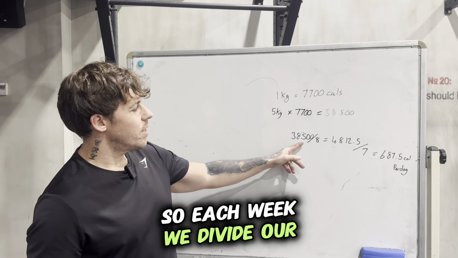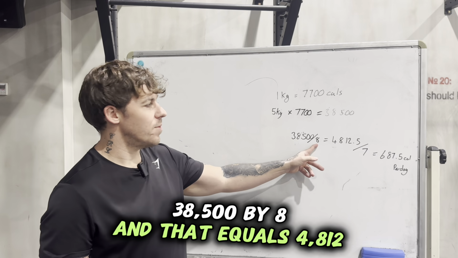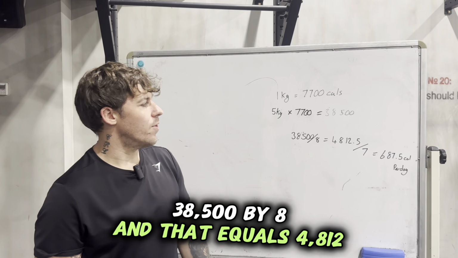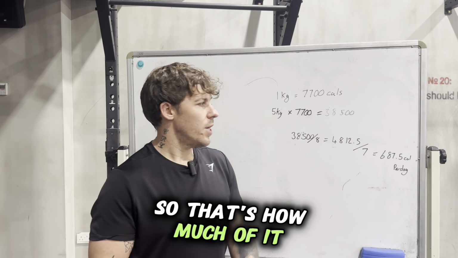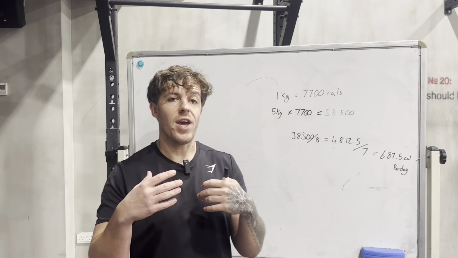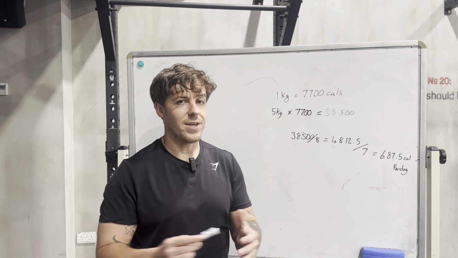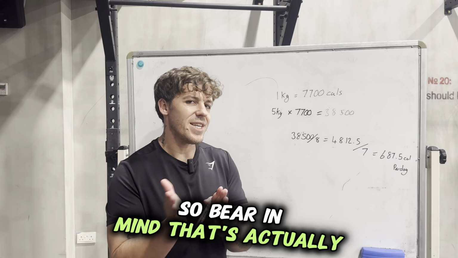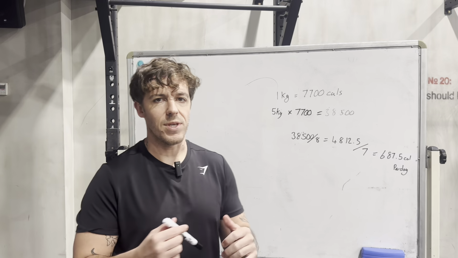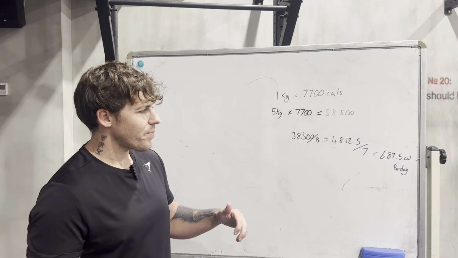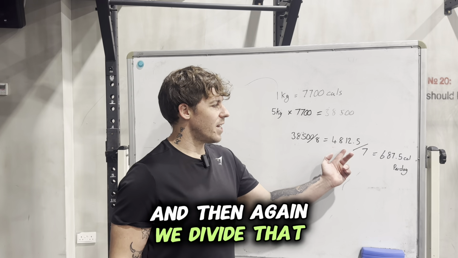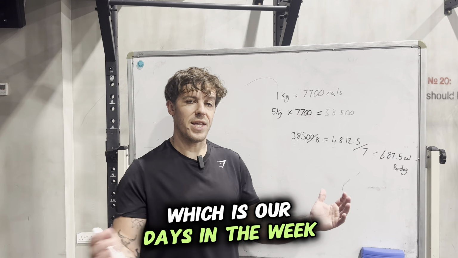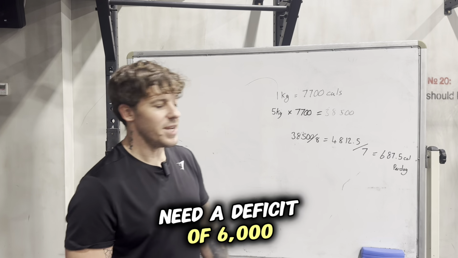So each week, we divide our 38,500 by 8, and that equals 4,812. So that's how much of a deficit you would need to create per week to lose 5 kilograms in 8 weeks. So bear in mind, that's actually less than a kilogram a week that you're going to be losing in that time frame. And then again, we divide that total by 7, which is our days in the week, which means that per day we need a deficit of